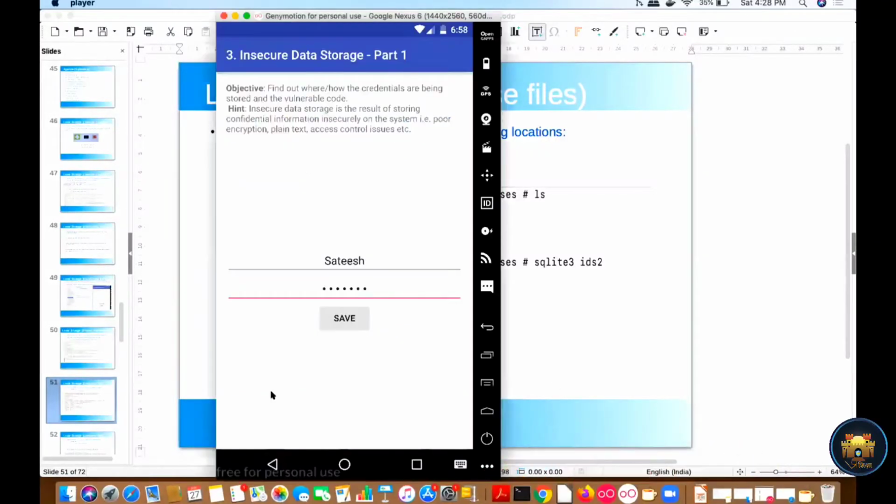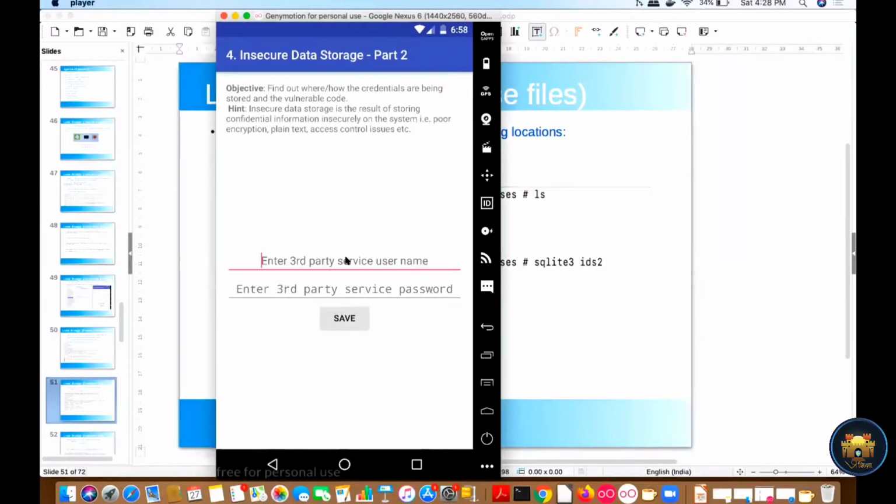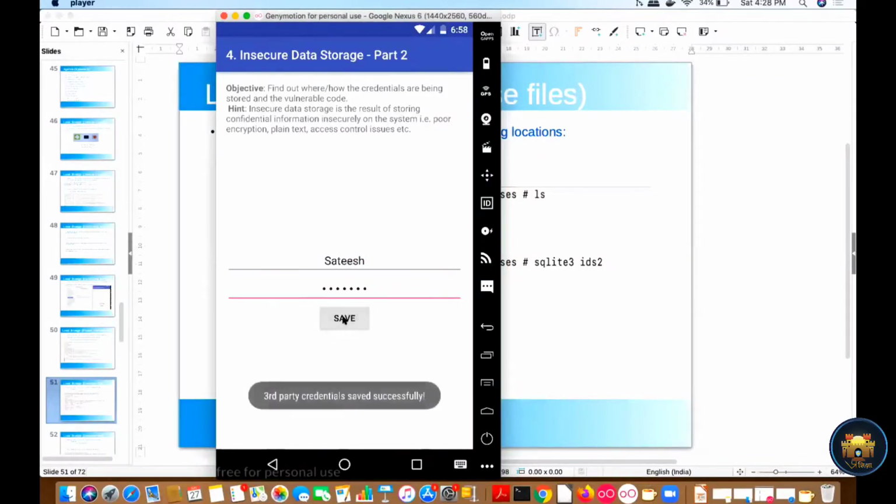So let me open it, and we will try to check it. Hard coding issues part 2, yes, this one. Okay, so the same screen, right? We need to enter information like username and password here, and check if this is being stored in the database or not.